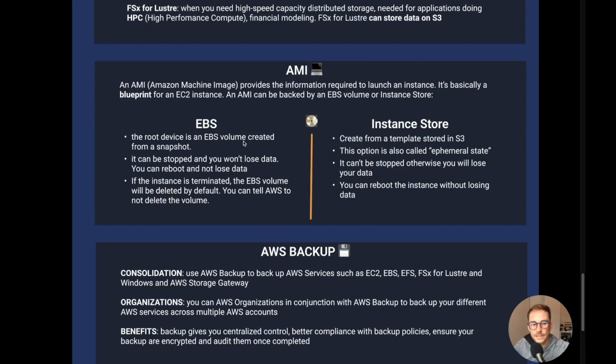When the AMI is backed by an EBS volume, it means that the root device is an EBS volume created from a snapshot. It can be stopped and you won't lose data. It can also be rebooted and you won't lose data. But if the instance is terminated, the EBS volume will be deleted by default. This is an option on AWS. You can, though, tell AWS to not delete the volume. So when you create the instance, you can say on termination, please don't delete the volume. On the other